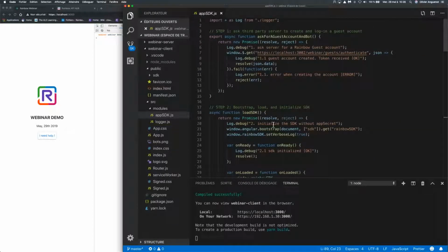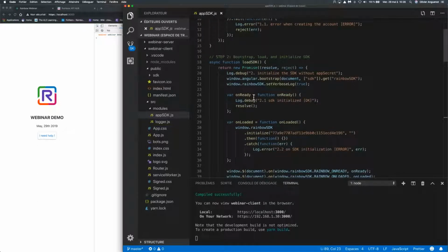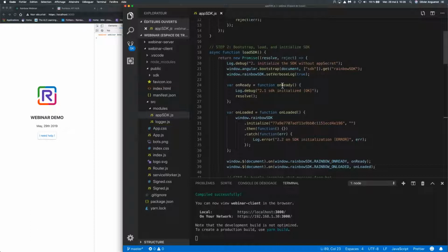So the load SDK function is where you will see that when I initialize the SDK, I don't enter an app secret. So I will start just using the application ID and not using an app secret, because in fact, I don't need it.